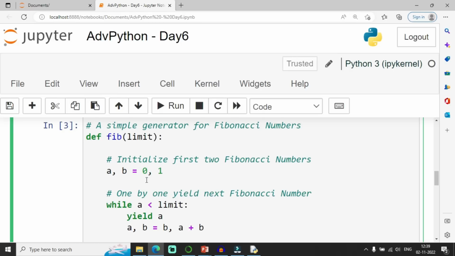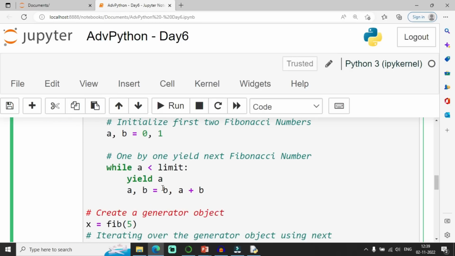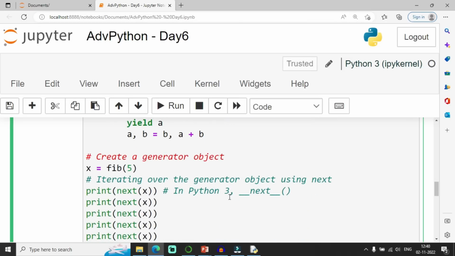After initializing the Fibonacci numbers, I am checking for the limit. While a is less than the limit, I yield the a value. Then a, b equal to b, a plus b. One by one it yields the next Fibonacci number.